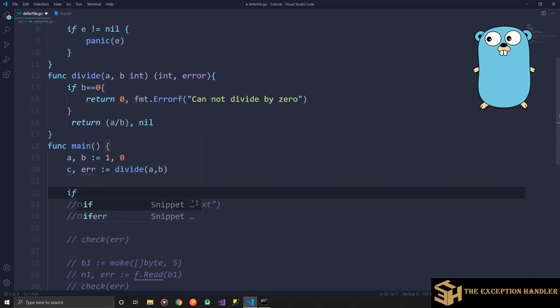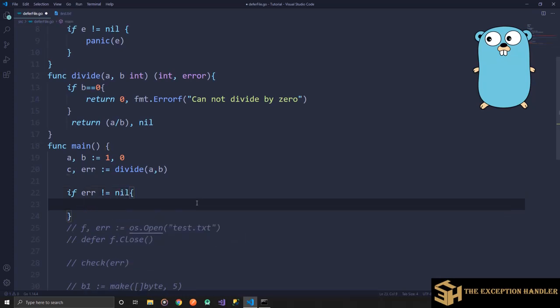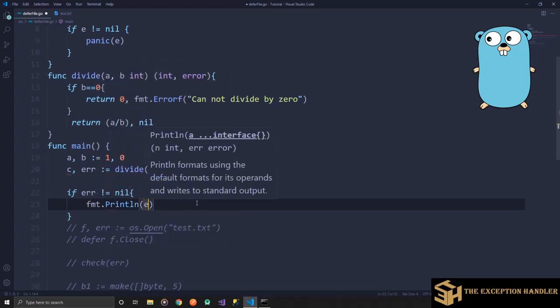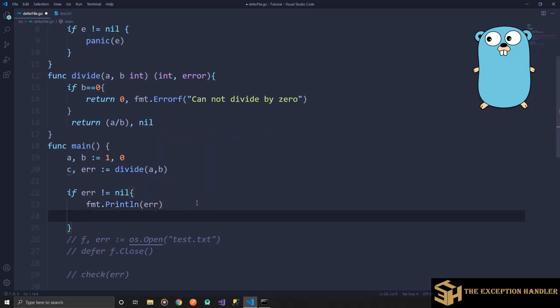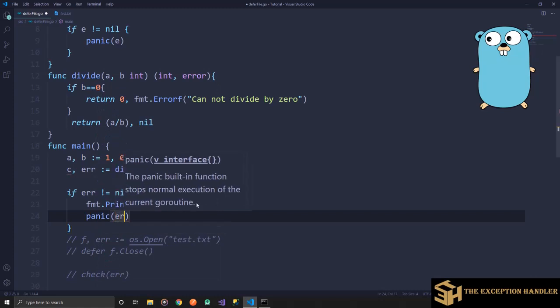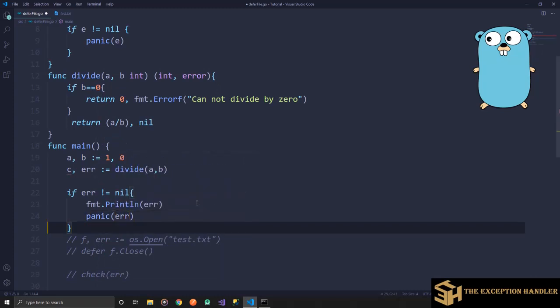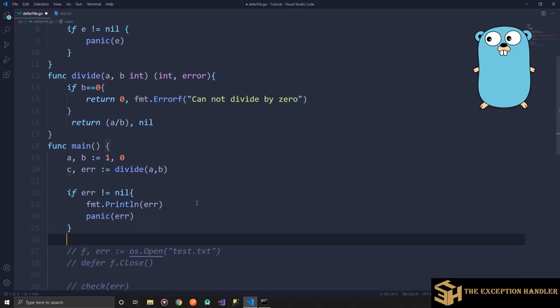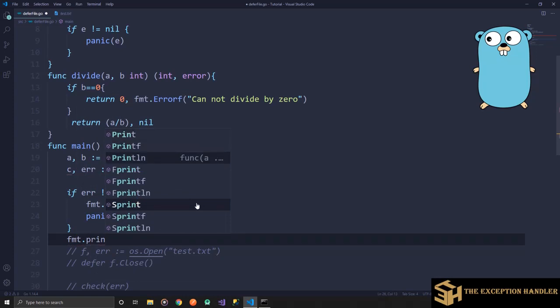So if error is not equal to nil, then fmt.Println error, and then I will raise a panic again, panic, and I will give error. So in this way, the program will get executed, and in case we receive an error from the divide function, we can ourselves create a panic. But if there is no error, then we'll print ln,